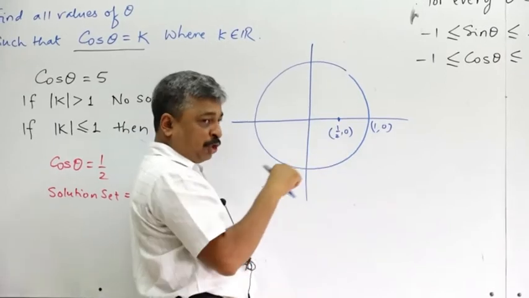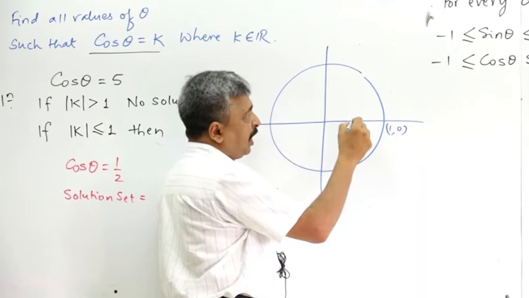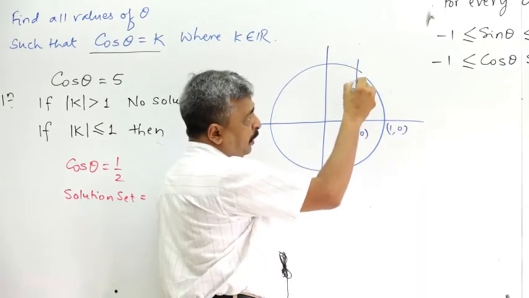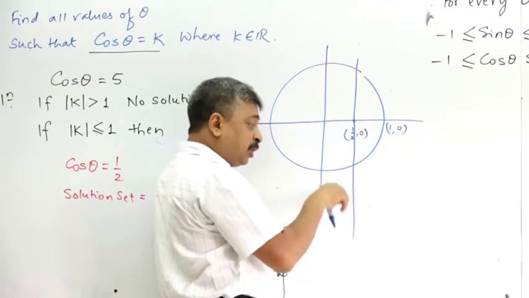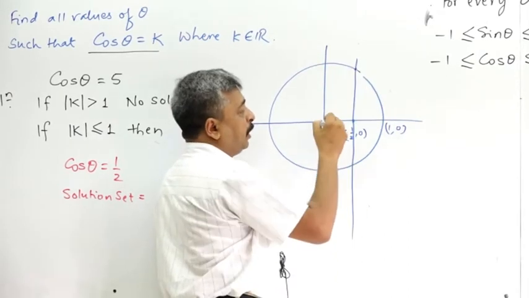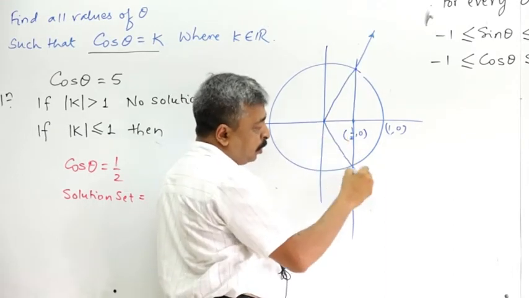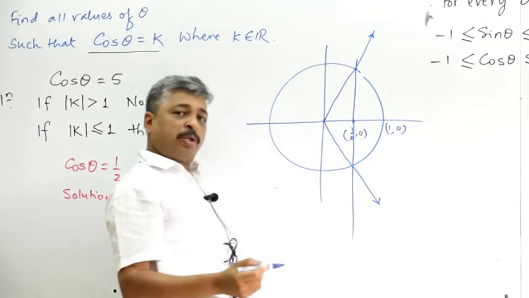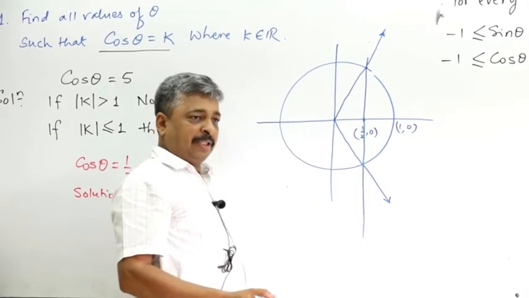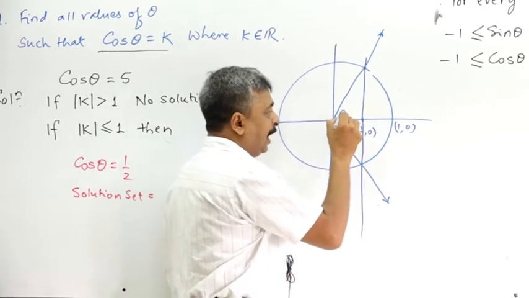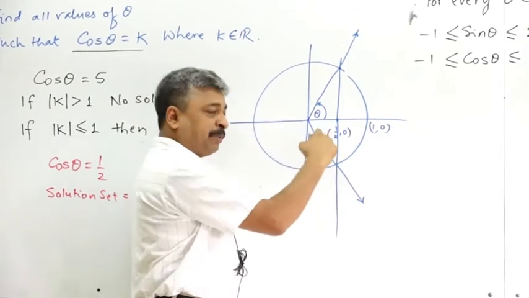And therefore now the procedure is reversed. Now we want cos theta is equal to half. Therefore what we will do is we will draw a perpendicular to the x axis passing through half. Wherever this perpendicular intersects the unit circle, those are the terminal rays which will give us value equal to half. These are the two terminal rays which will give us value of cos theta is equal to half. So we are interested in this theta, and maybe we are not interested in this value of theta, but we get it.